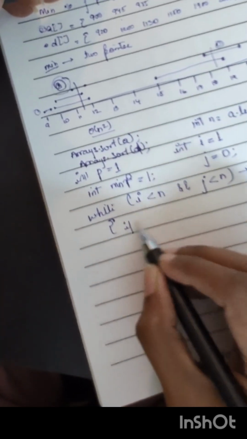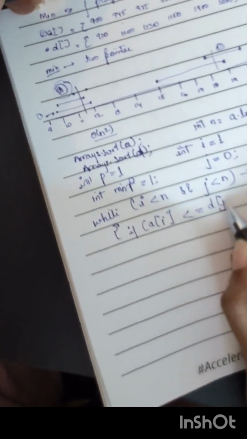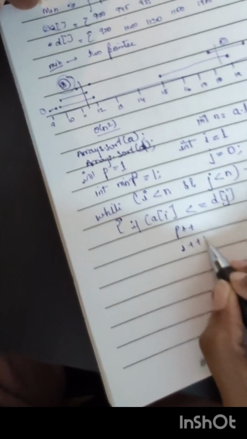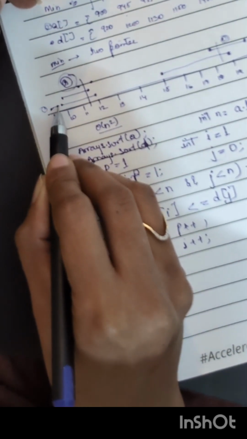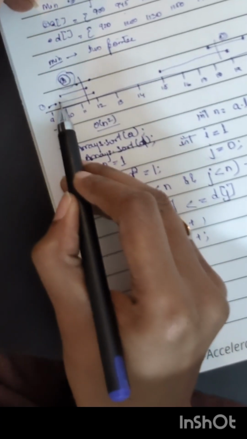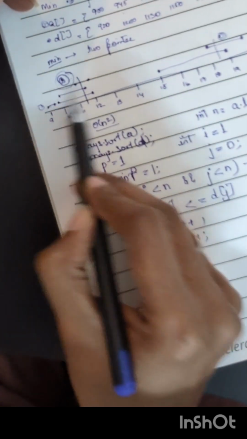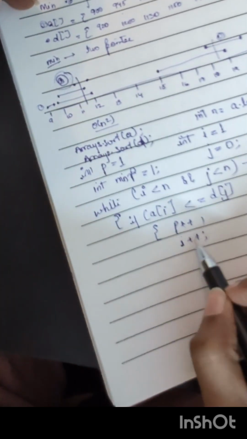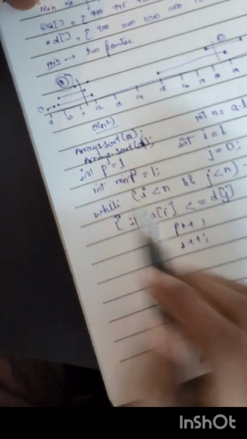In this, I check whether the arrival of i is lesser than the departure of j, and only then I will increase the platform count. I also increase i, because here you can see that 9 comes into the picture, and after that 9:20 is there, so I don't need a new platform. Then again 9:45 is there until 12. So 9:50 gets compared with 12, because if it is less, I need a new platform, as this one is not departed yet. That's why I increase the platform count.